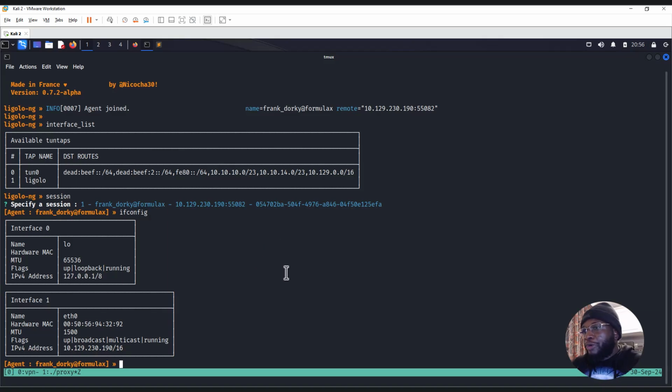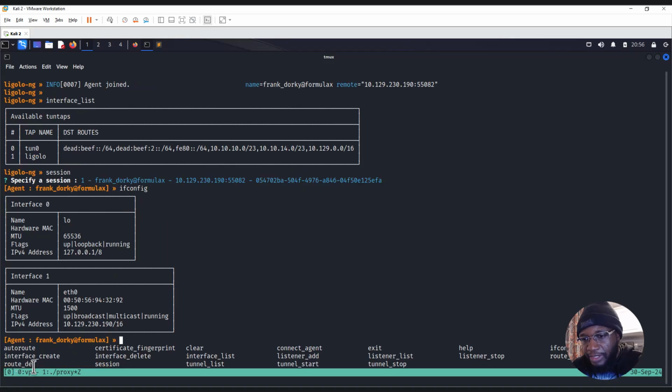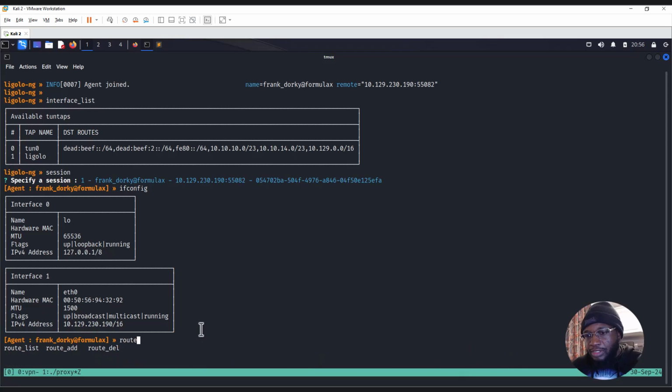All right, so what we need to do is to create a route. For the local port forwarding that we are trying to do, we need to create a route. I think it's interface route create or route create. Let's see if we can see what it is. Route, I think it's route add. Yeah, so route add,